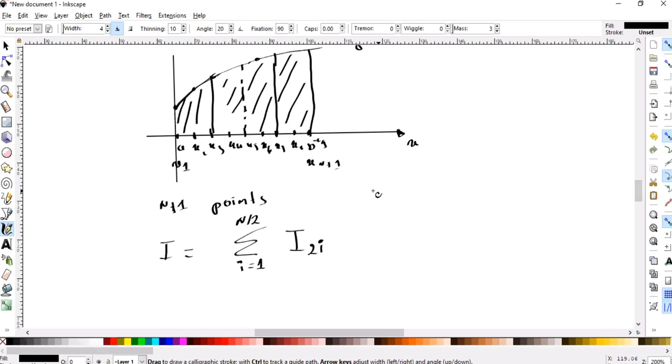Because if we have n sub-intervals, n being the number of intervals, you have n over 2 Lagrange polynomials, and you integrate. So this is the area